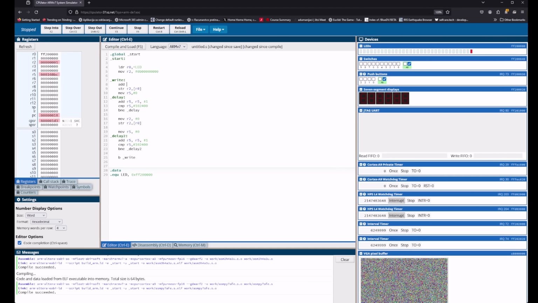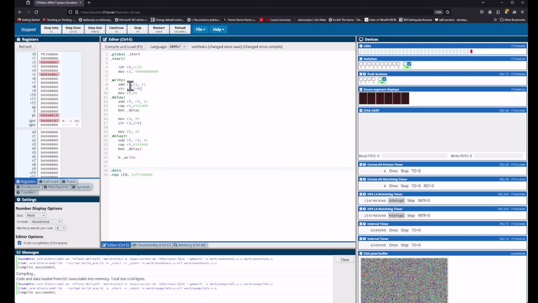I need to add R2, and then 1 before lighting up the LED, so that I light correctly my LED. And then what I need to do is, when I'm turning off the LED, I need to make sure that I'm turning off the LED not by using R2, because I cannot reset it inside my loop. I need to use another register, so I'm going to be using R3, for example. And then I'm going to be storing R3 to the location R0, meaning I'm going to be just resetting the LED. So this means I'm going to be lighting up some LED